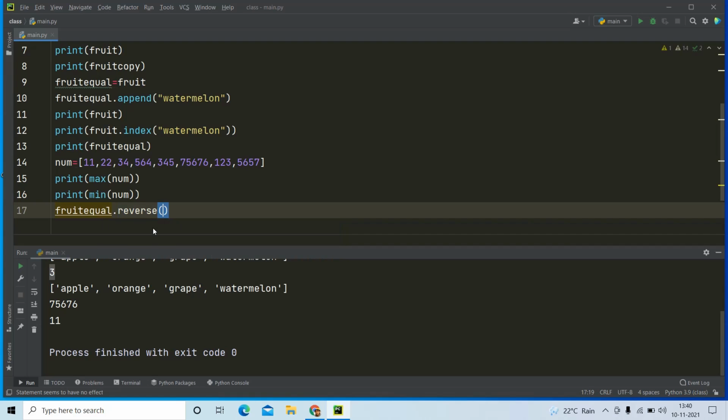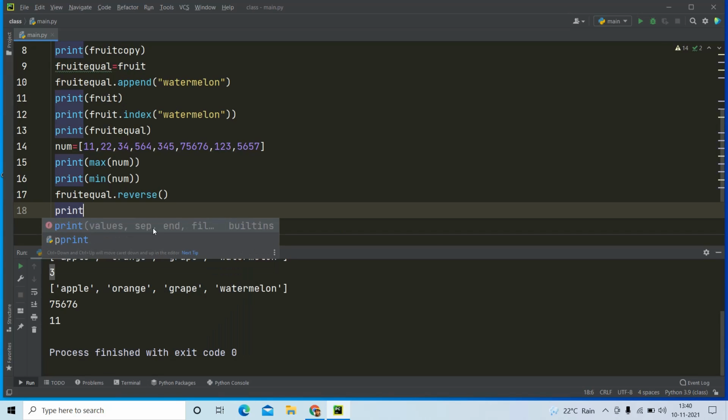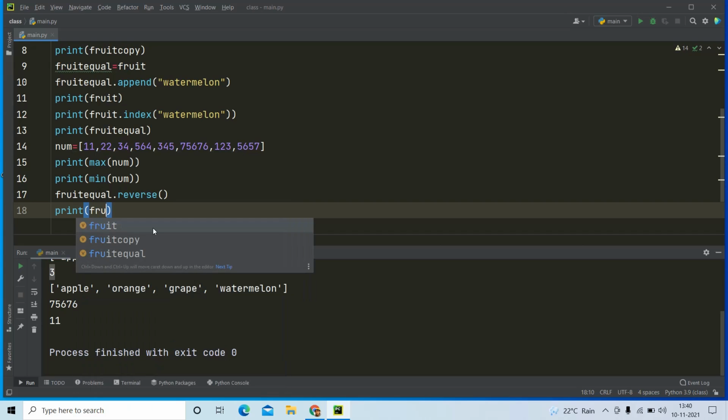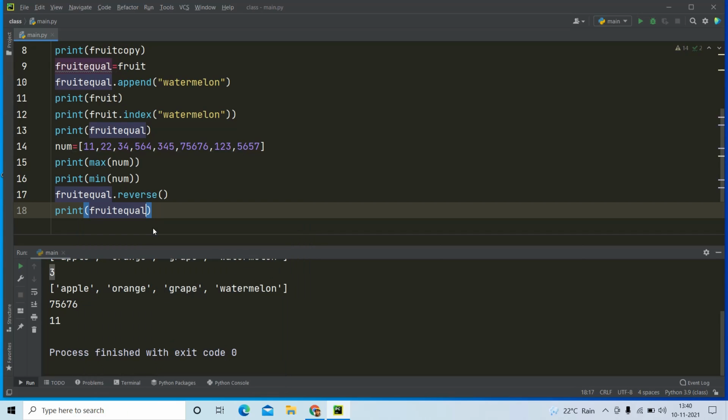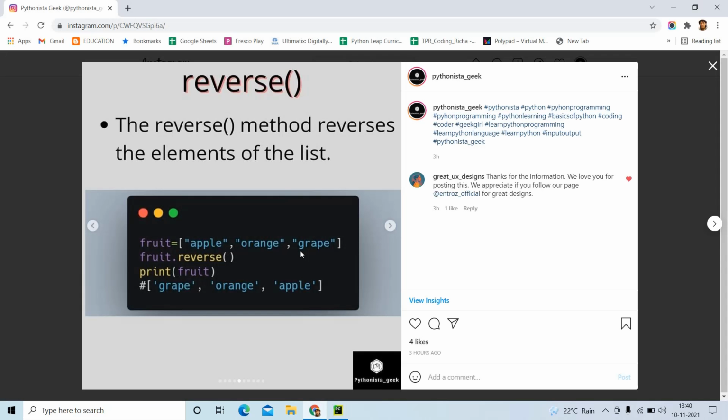This will give you the reversed list for us, and then we can try to print fruit equal. So now if we run and see the program, we will get the reverse. See, watermelon has come first, grape second, and it goes on. So this is how we can reverse a particular list.